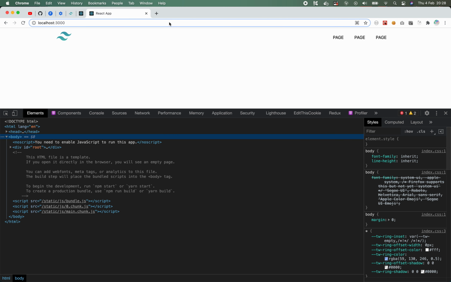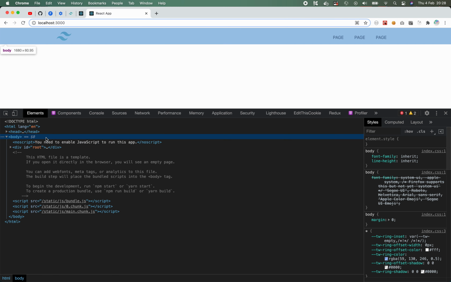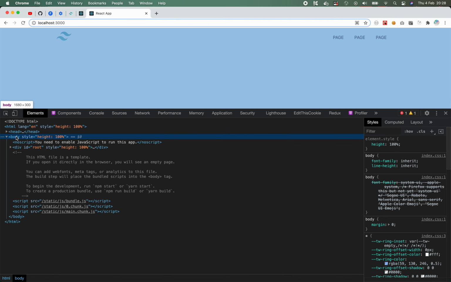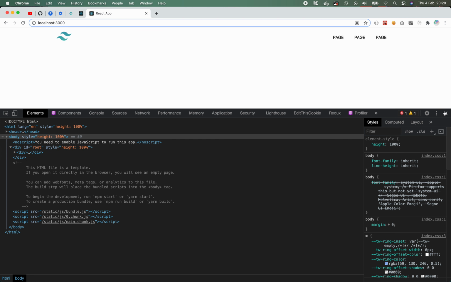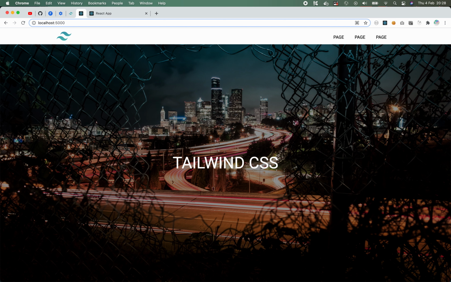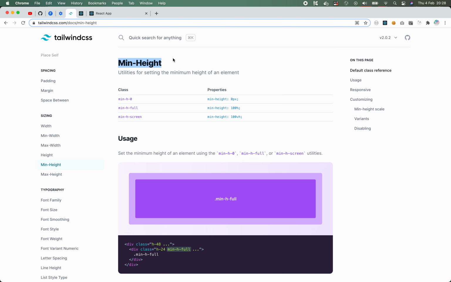And if we come back now into the browser and I inspect this again, reload the page, you're going to see that the body is now the full height of the screen. So when we actually render our application, we'll be able to manage that with Tailwind CSS. And that's going to be important because the layout of our page is this banner image has to take up the full height of the screen. Now to do that, I can search Tailwind for min height, and I have these three options. I have either 0 pixels, I have 100%, or 100 vertical height. Now we want this class, which is going to apply 100%